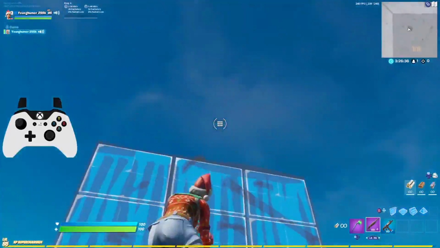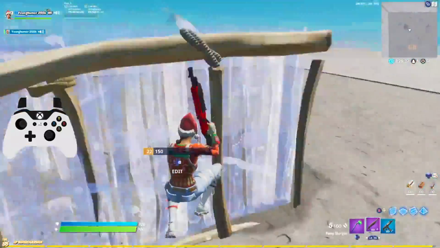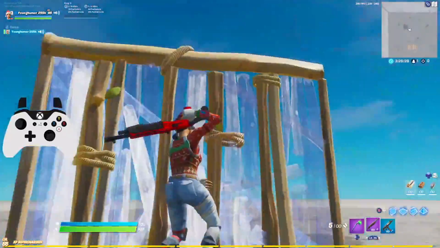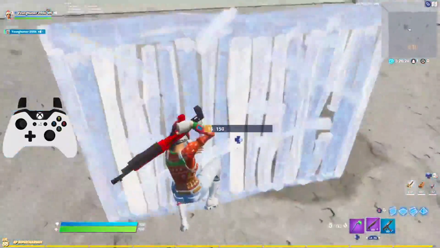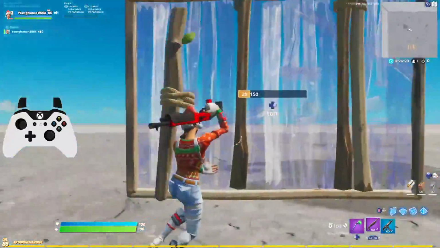So this edit, I think if you can have this edit down very consistently, meaning that you can hit this edit pretty much every time on another player, you're going to have a major advantage, especially against players who maybe, or even against really good players. This is going to be very effective, but especially against players who are maybe a little bit newer at the game,